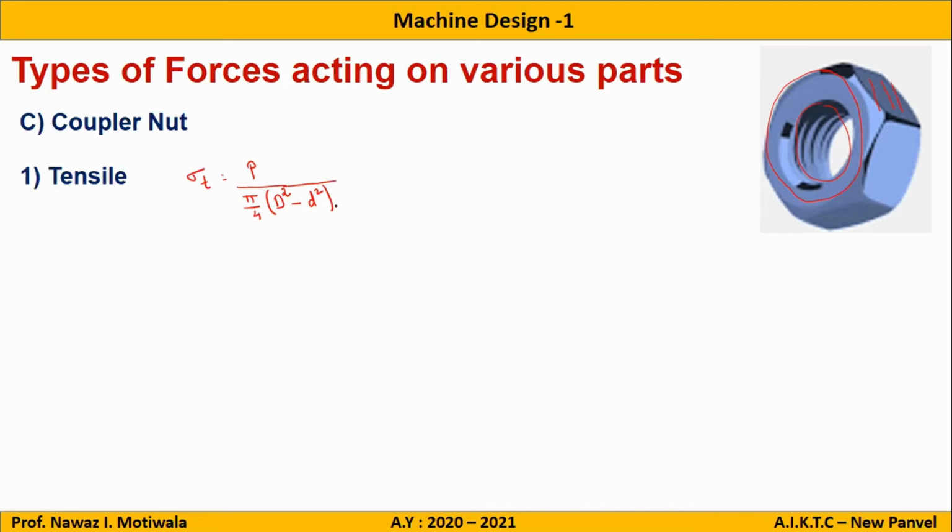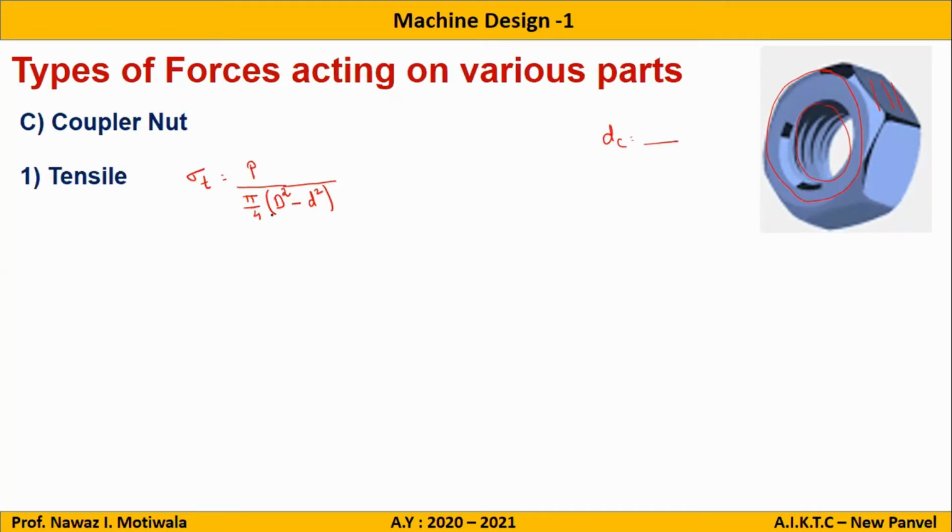And now what is the unknown in this? Two unknowns. Yes, there are two unknowns in this. One unknown is the outer diameter of the nut and one is the nominal diameter. Look, in the previous criteria, what did we find out? We found out the core diameter DC, the core diameter of the nut. And this one is the nominal diameter or the major diameter of the nut. So there is a difference between the two. So now there is only one equation and there are two unknowns.